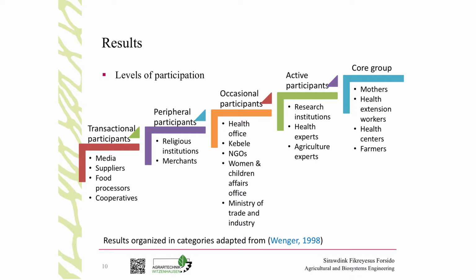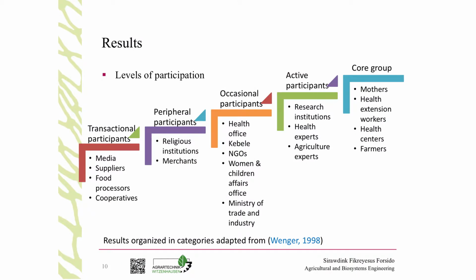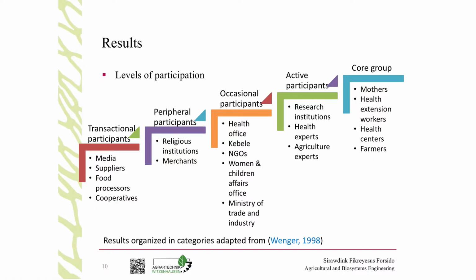This is based on Wenger 1998. So there is a core group. This is the group who is enthusiastic about our work. It includes the mothers, the health extension workers, and others. The active participants, these are like the experts that are working in the area, including health experts, agriculture experts. Occasional participants are participants who appear only if there is something interesting from our side, like the health office, Kabale,